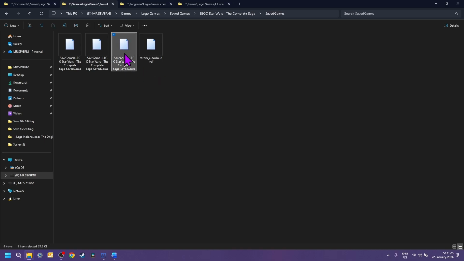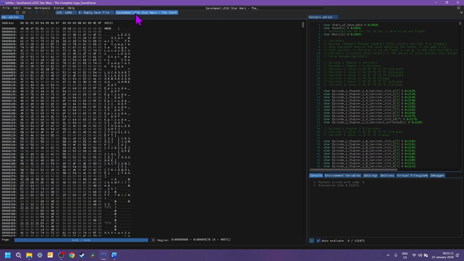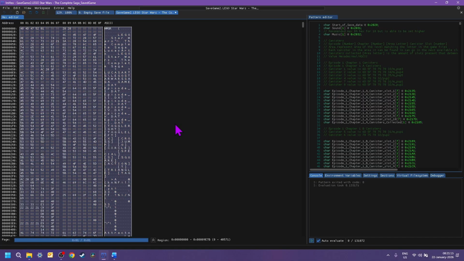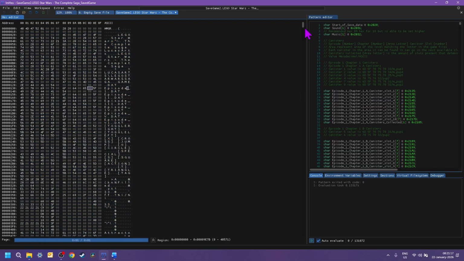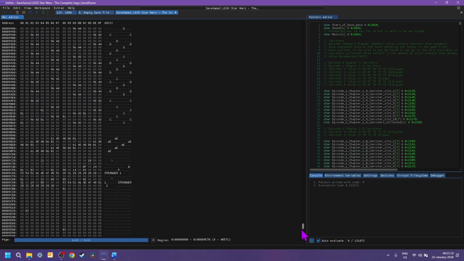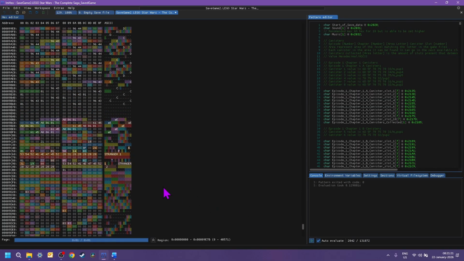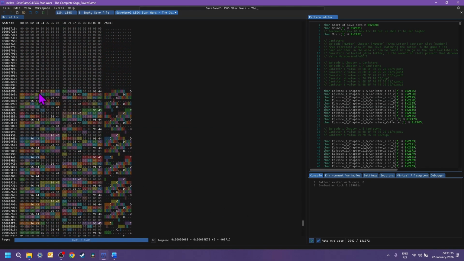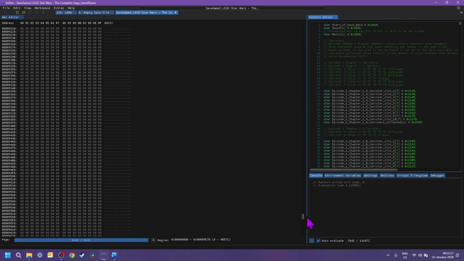I'll delete that one because I don't need it anymore. This was my normal playthrough, and this was the canister one. I'll just paste everything onto there, save, and just do that. Okay, so that's level one unlocked.